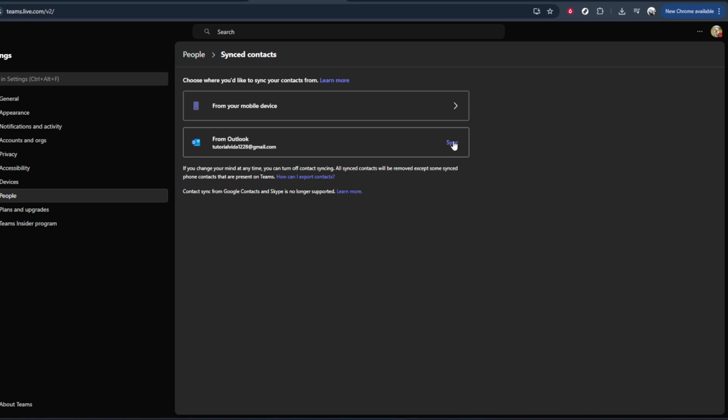Once you've checked everything and confirmed that your contacts are showing up the way you want, you can simply close the settings panel. Your changes are applied automatically, so there's usually no separate save button to worry about. And that's it. You've opened the main menu, gone into